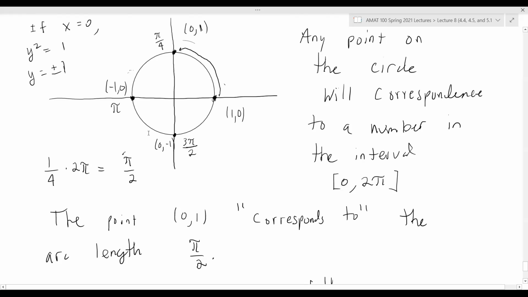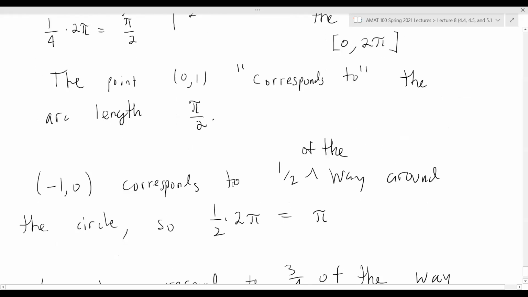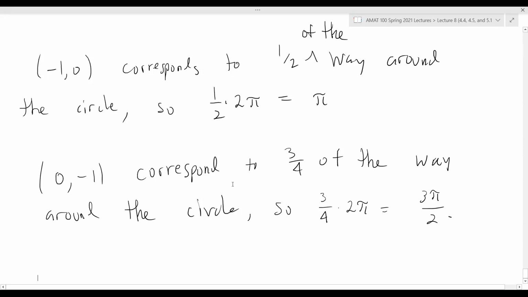We need to talk about a reference number, because sometimes these numbers get too big and it's hard to determine what point we're talking about. So maybe I'll give you an arc length and you have to determine the point on the circle. Well, it's hard because it might be a very big number and we need to reduce it in some sense. And I'll explain that